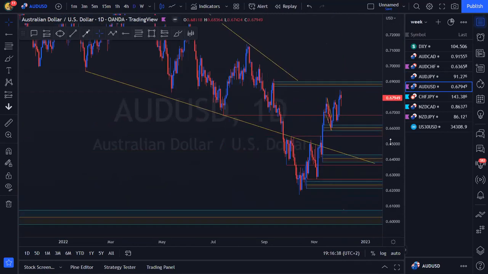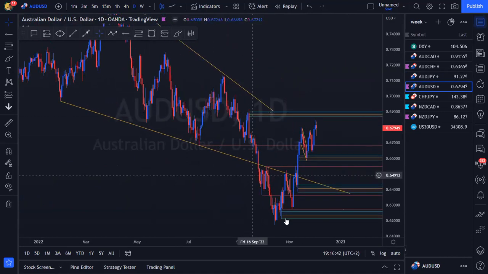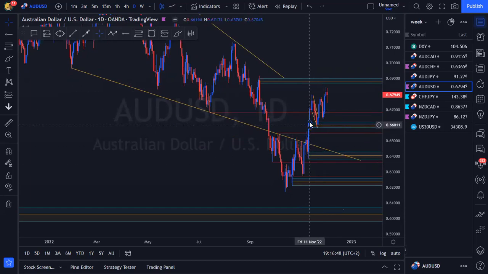Let's go back up to the higher time frames. So on AU, we've got this overall descending structure. We had a reversal. We broke back into the structure. A lot of momentum. Cool. We want to be involved inside of this momentum.